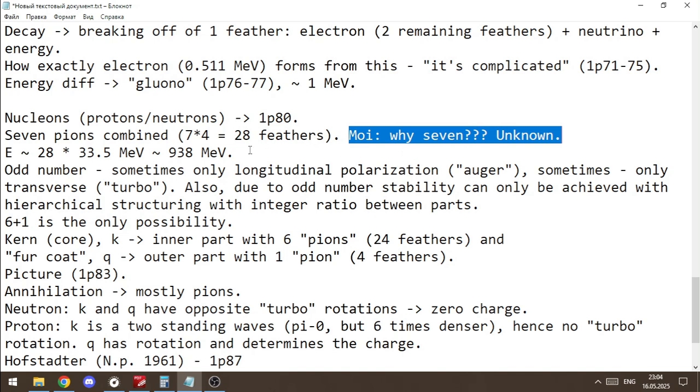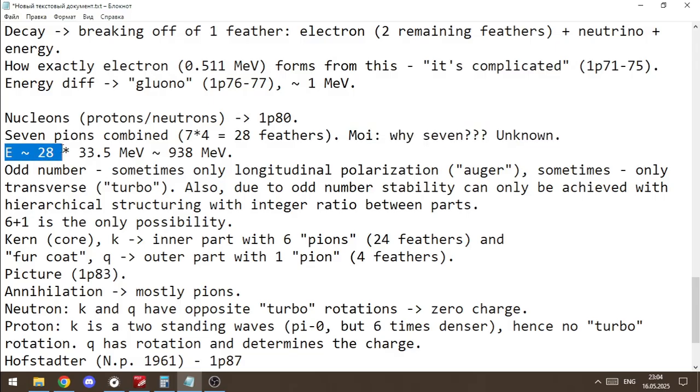But well, somehow it makes sense if there's 7, okay? At least empirically, we can measure the mass and we can say, okay, this looks like 7 pions. So the energy is 28 times, well, here you can see we're already not using 35 MeV as a metric, but 33.5, and then we arrive at 938, which is the mass of the proton, roughly. So since we have an odd number of pions,